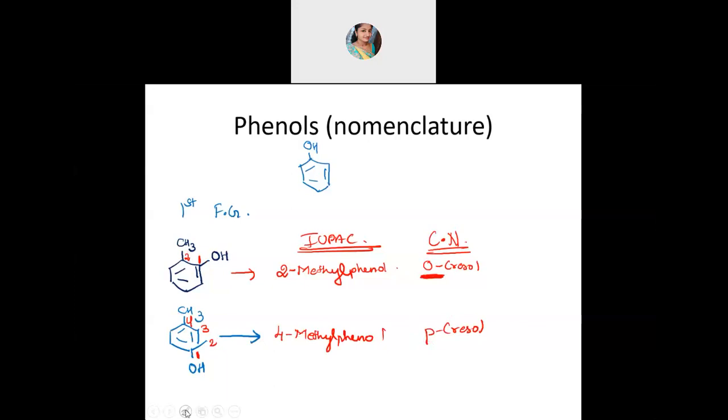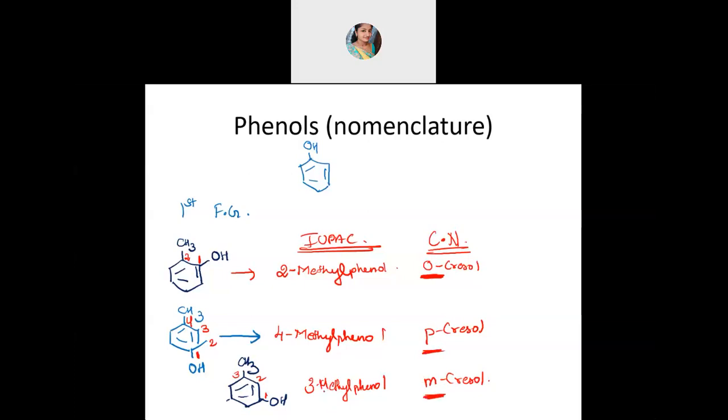Suppose OH and this CH3 are here like this, you see CH3, and then if you are having OH here, then 1, 2, 3, third position. First and third position. So this will be 3-methyl phenol, and first and third position, so it's meta position. So it is called metacresol. So common name, it's almost similar only. You see the position, common name only there you are using ortho, meta and para. Otherwise, you should use number for IUPAC.